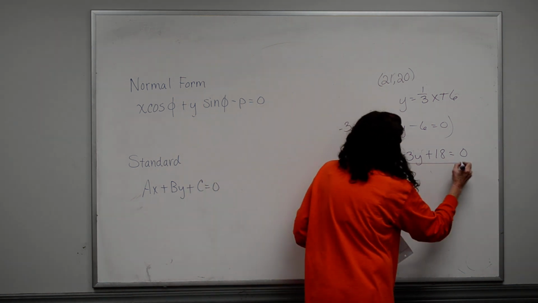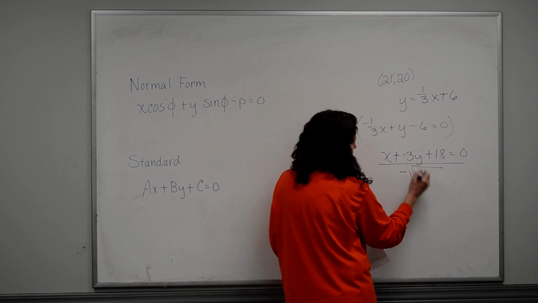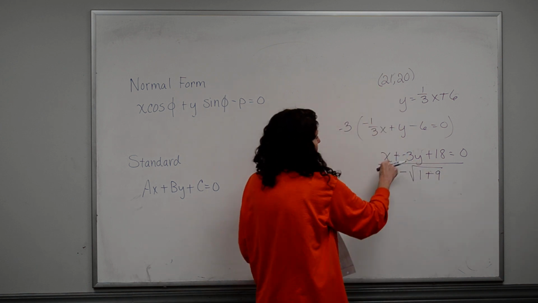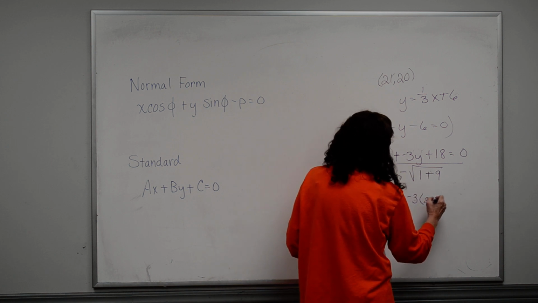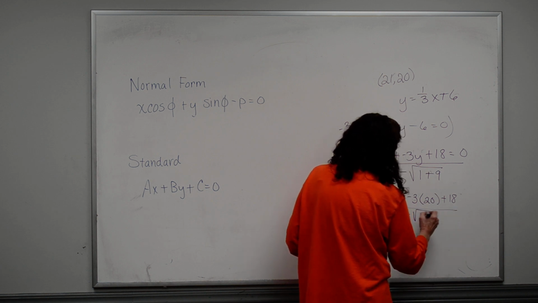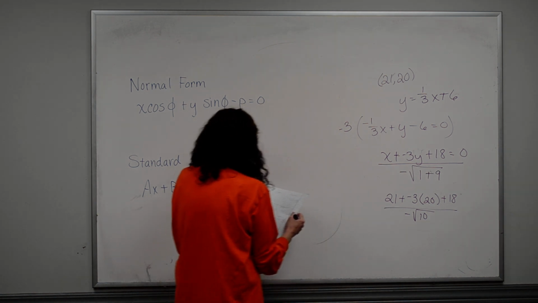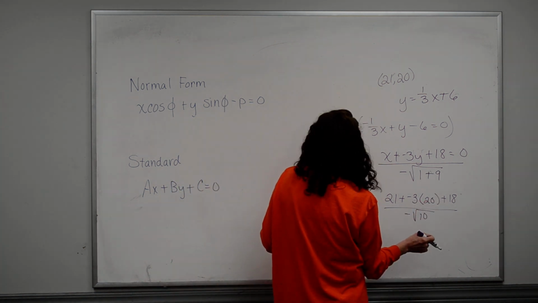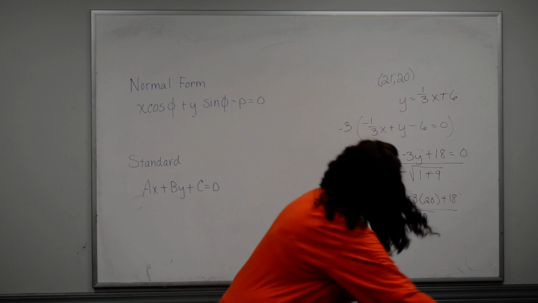I'm going to divide it by the opposite sign of that, so negative square root of 1 squared plus negative 3 squared, which is 9. And then I'm going to substitute in my x and my y. So 21 plus negative 3 times 20 plus 18 over negative square root of 10. So I have 21 plus a negative 60 minus 18, or actually it's going to be, yeah, it's positive, isn't it? Okay, so it's actually going to give me, let's see,